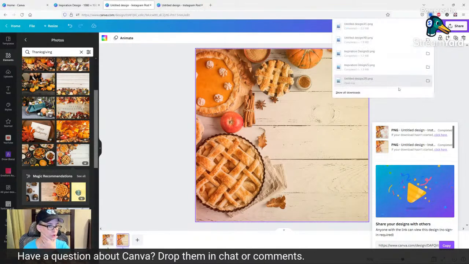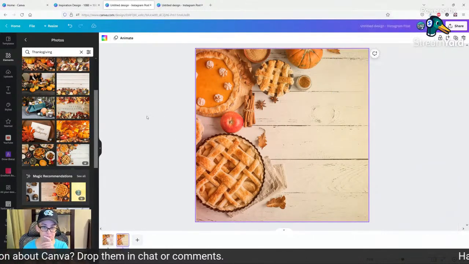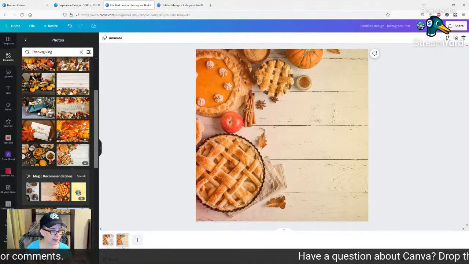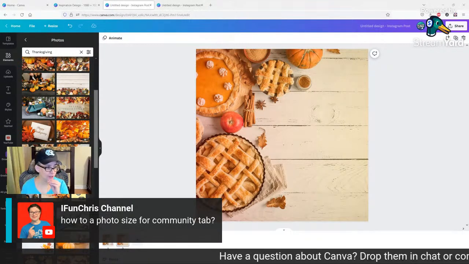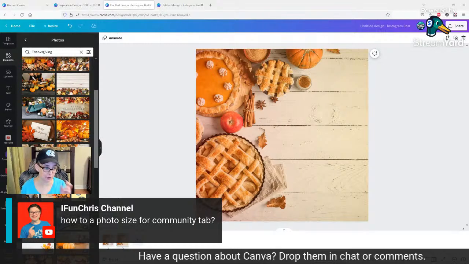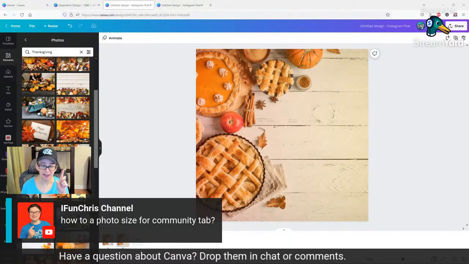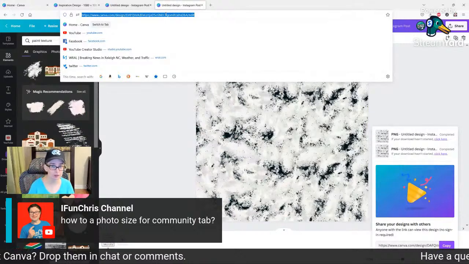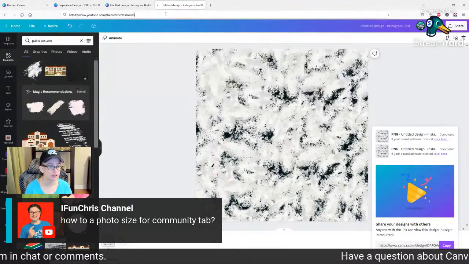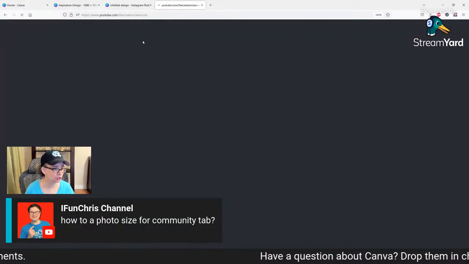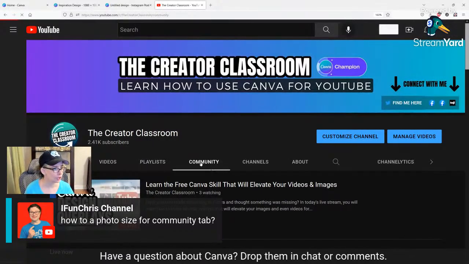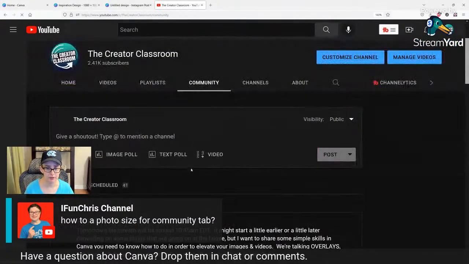And we'll look at YouTube in a minute. Now, the question that Chris asked was about photo size for community tab. And if I go to YouTube itself, it actually shares with you on your community tab